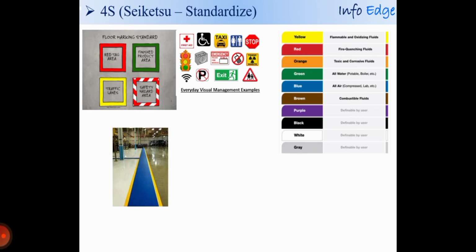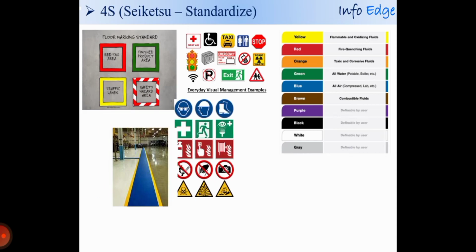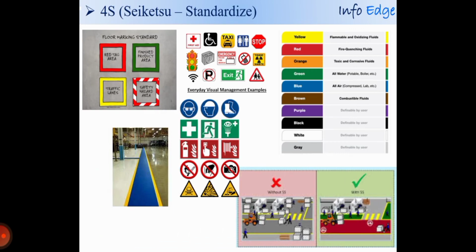And these are the signboards. A few signboards you can see, like the restroom where you can find men or women, where the wheelchair is available, the first aid items, where the radiation will be there, the mobile phone restricted area, and the fire exit area. Through this, even non-educated persons can identify the item locations and